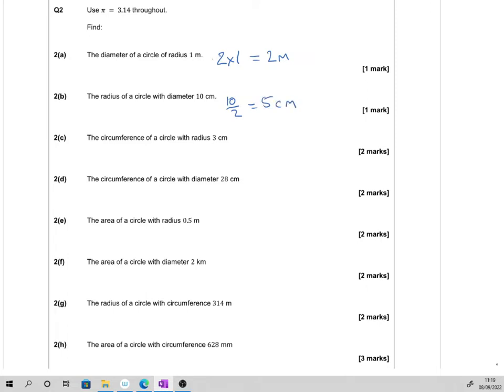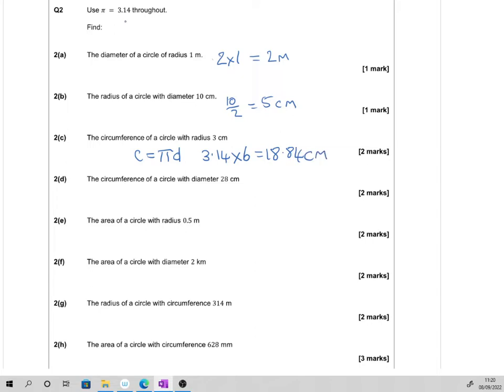The circumference of a circle with a radius of 3. The circumference is equal to, well, it's not that, is it? Come on. A formula to remember. Right, the circumference is pi d. With a radius of 3, the diameter is going to be 6, so it's pi, which is 3.14, times 6. Of course, we can use the calculator now. 3.14 times 6 is going to be 18.84